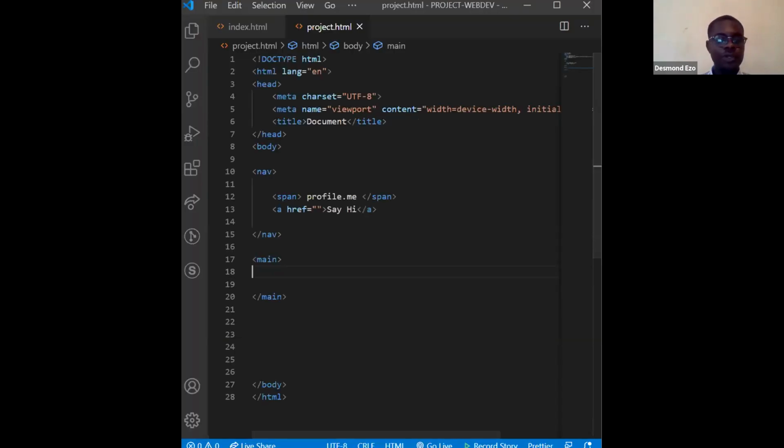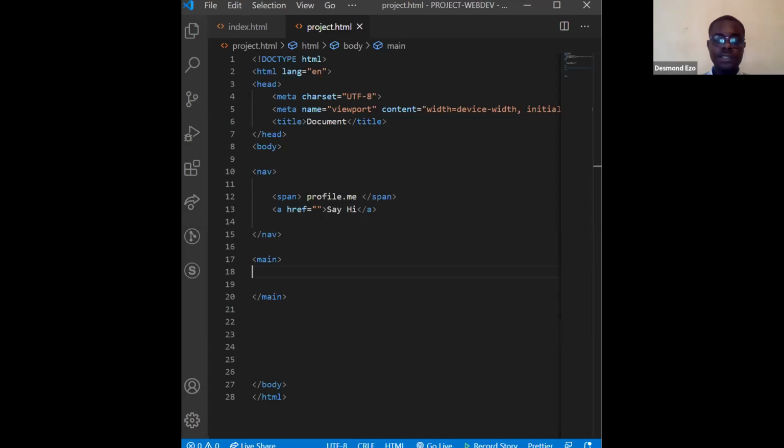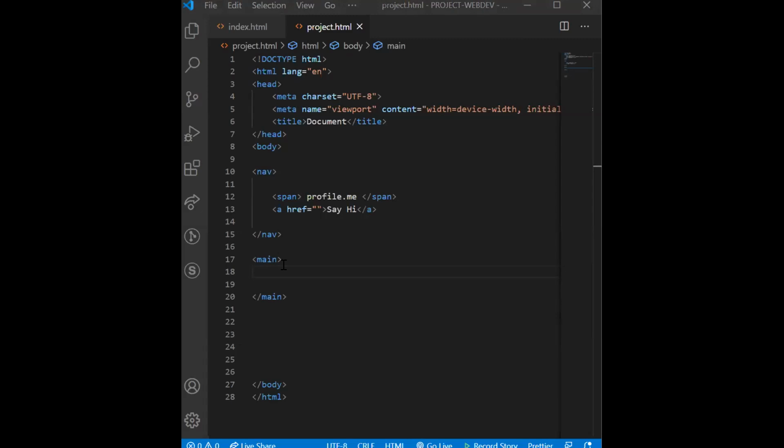So inside of this main tag, we have the image of the girl, which is going to be your profile picture. We have the name of the girl. We have an underline, and we have text contents that describes who the girl is. And if you notice, you will see that it's somewhat like a gray background around it, different from the white background here. So there is what I refer to as the wrapper. That's where we'll be using the div tag. We have a wrapper that surrounds everything, like a container that includes everything inside of here.